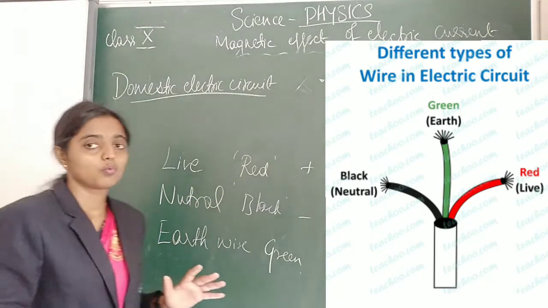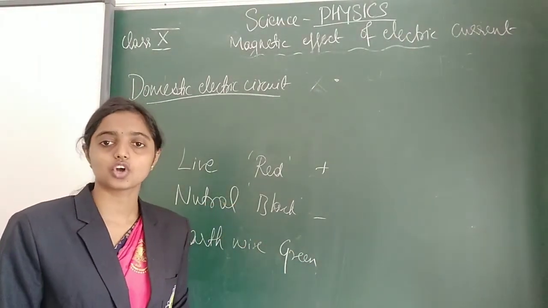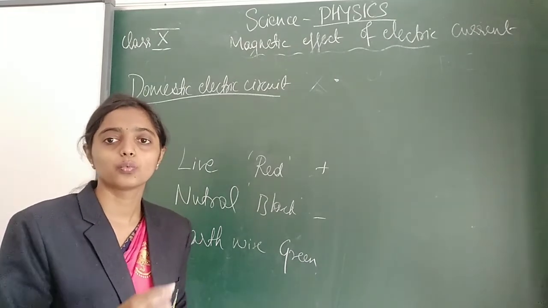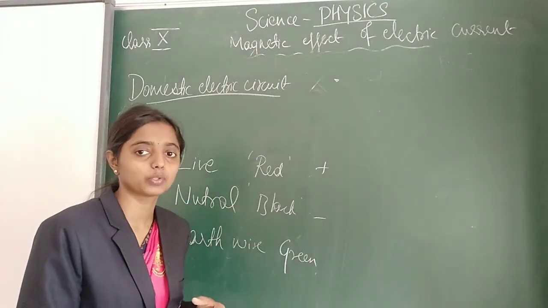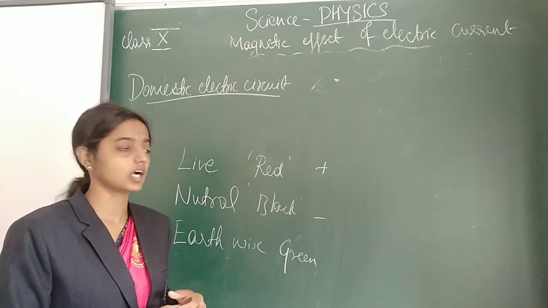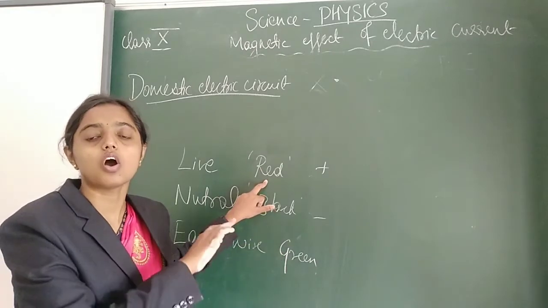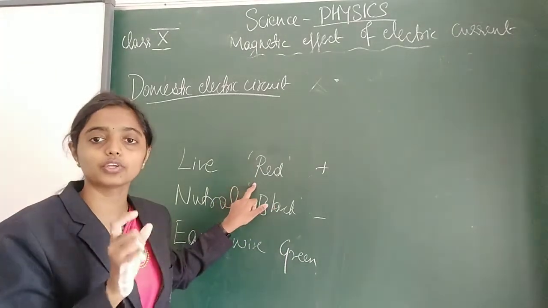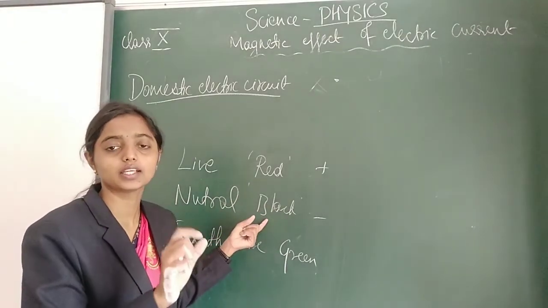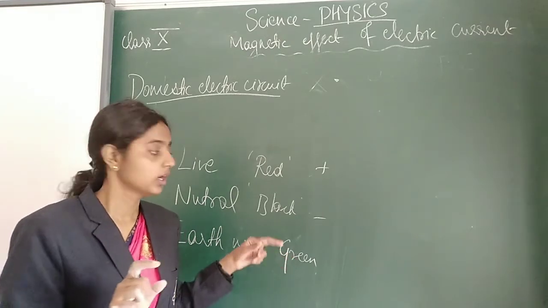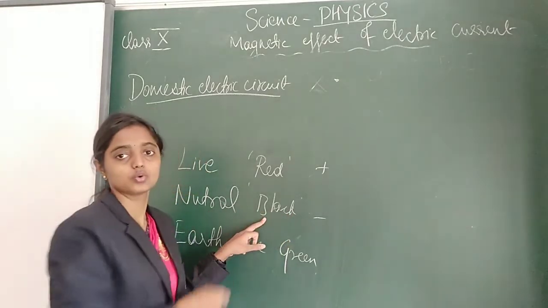Now we already know the reason for short circuit. The situation when the live wire and neutral wire come in contact with each other, then a short circuit will occur. The live wire is indicated by red because the current flows in it all the time. The neutral wire is indicated with black, and is like a dead wire. The current does not flow all the time, but when we switch on the circuit, the current starts to flow in the neutral wire.